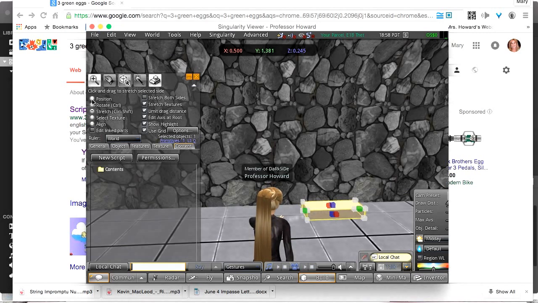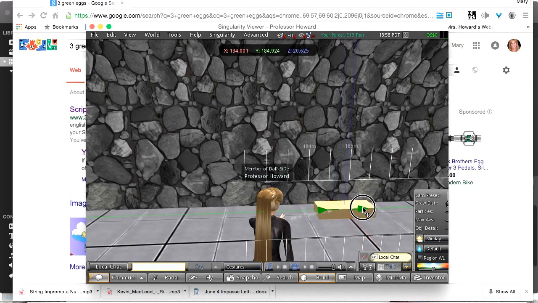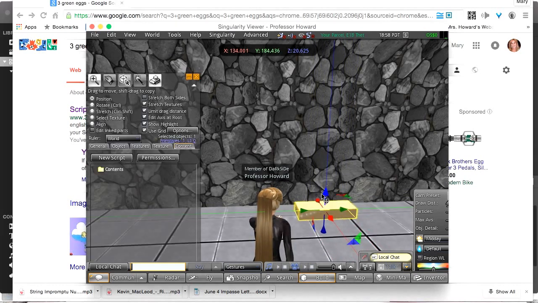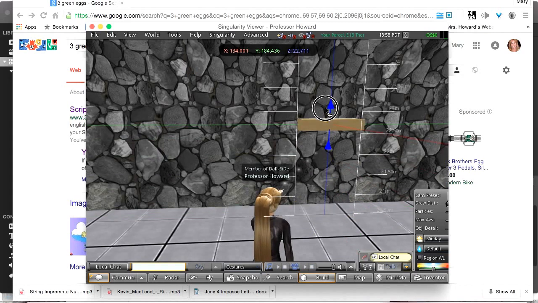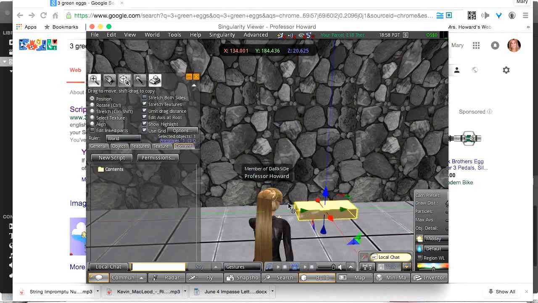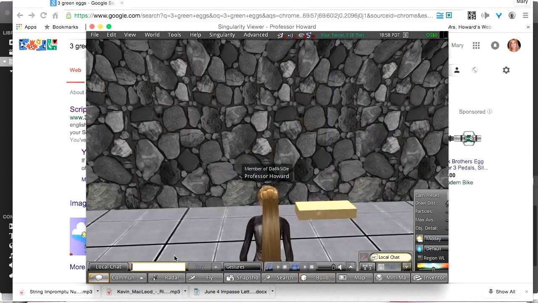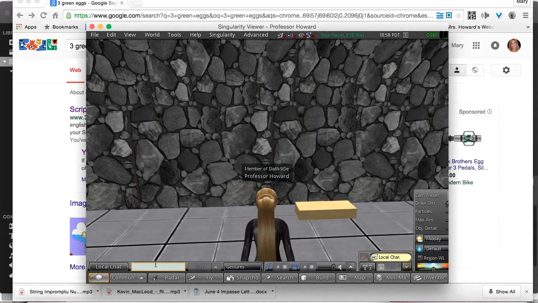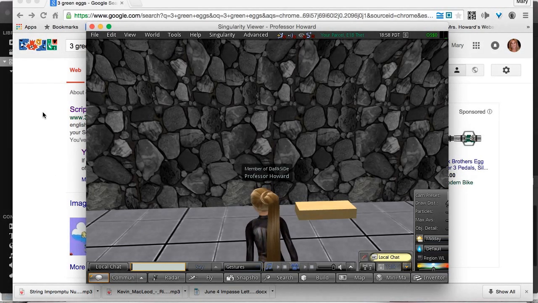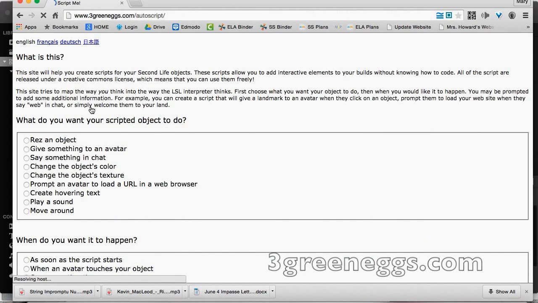So you can see I've got a basic prim set down in position, and my objective is to add a script that will allow me to raise and lower this prim by typing a message in the local chat bar. To do that, what I have found is the quickest and easiest way, without dabbling in too much coding, is to use a website called 3 Green Eggs,